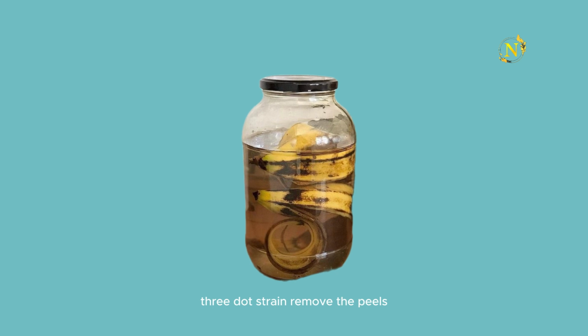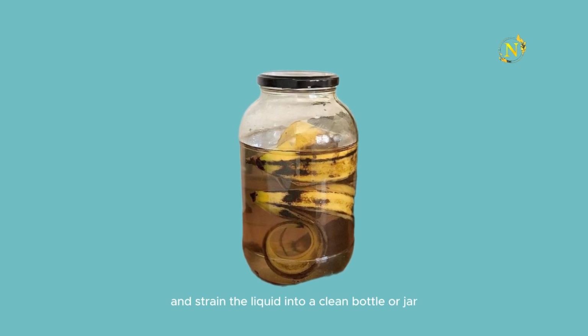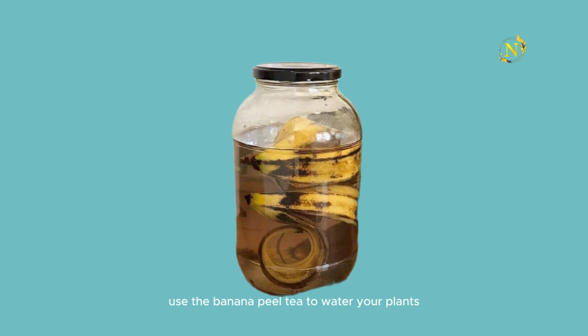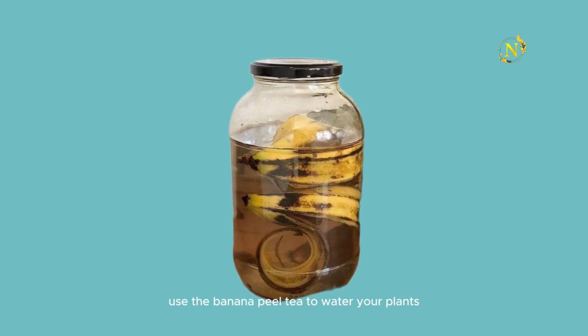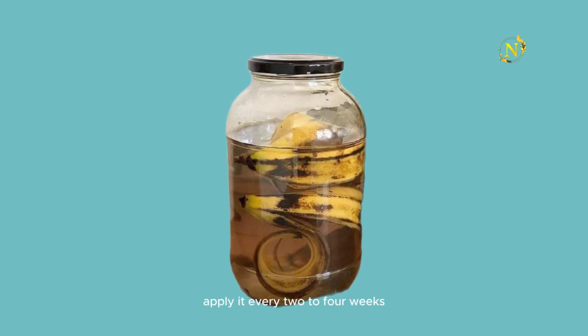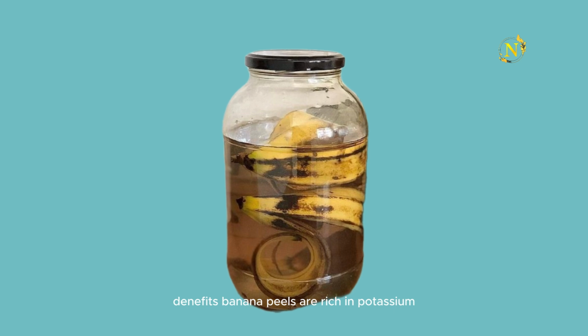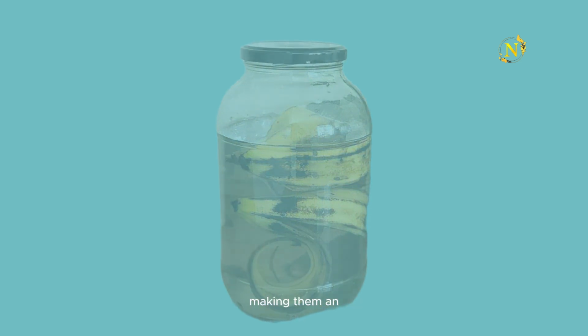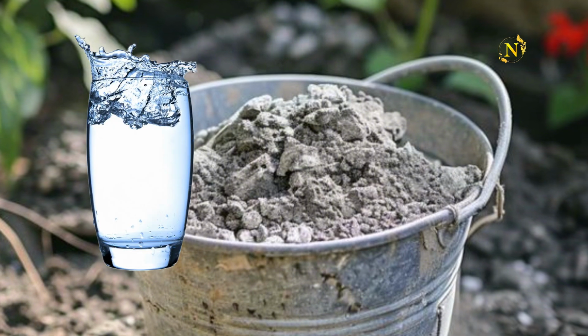3. Strain. Remove the peels and strain the liquid into a clean bottle or jar. 4. Apply. Use the banana peel tea to water your plants. Apply it every 2 to 4 weeks. Benefits: banana peels are rich in potassium and other essential nutrients, making them an